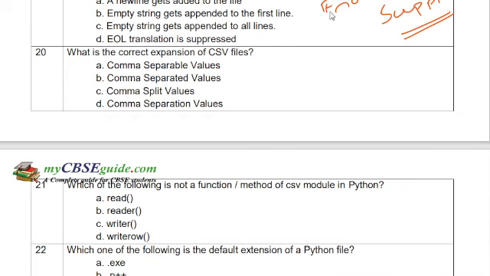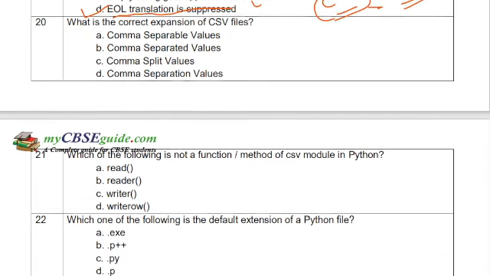End of line translation, that is called. So the answer will be D. End of line translation is suppressed. That means it will not go to the next line. So go through the CSV file concept. You will easily understand this one. Okay.